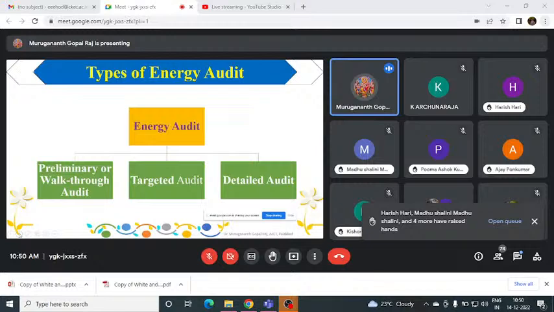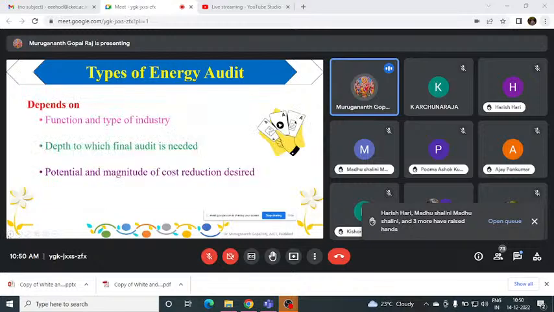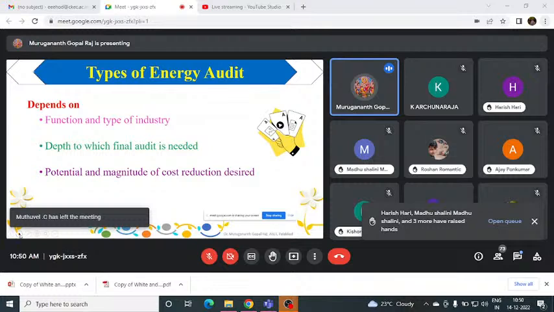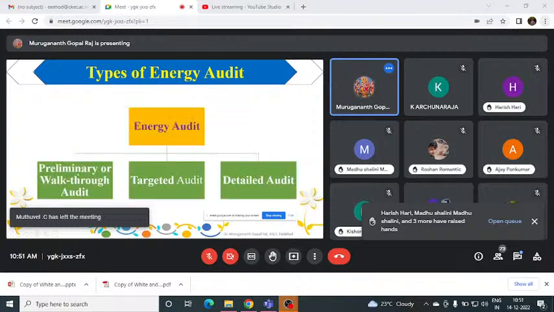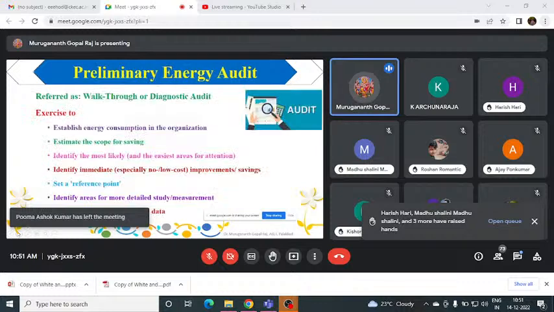So based on these three categories, that is the functional type, the depth to which the audit is required, and the potential magnitude cost, we classify audits into three categories. One is called the preliminary or walkthrough audit. Then the second one is a targeted audit, and the third one is a detailed audit. So the preliminary or walkthrough audit is also called a diagnostic audit, where we will have just